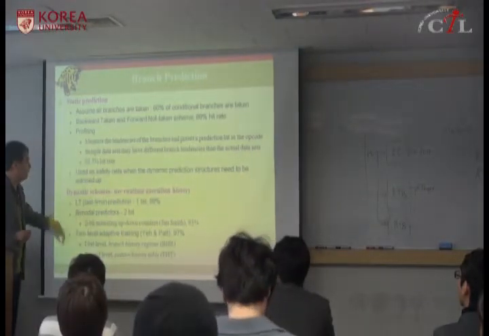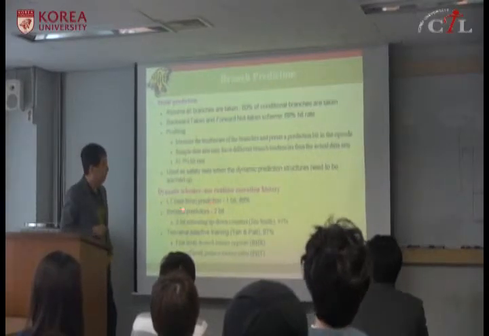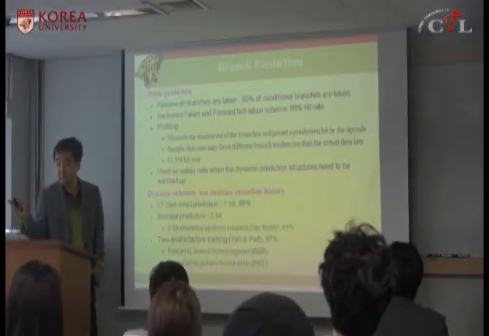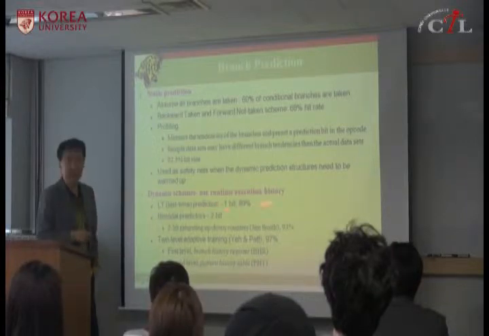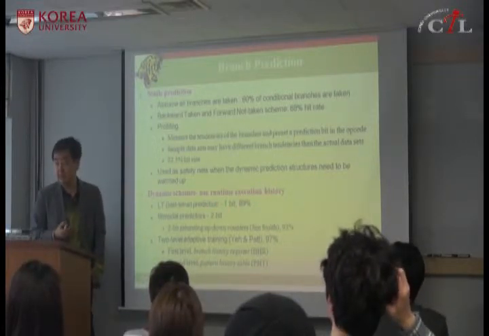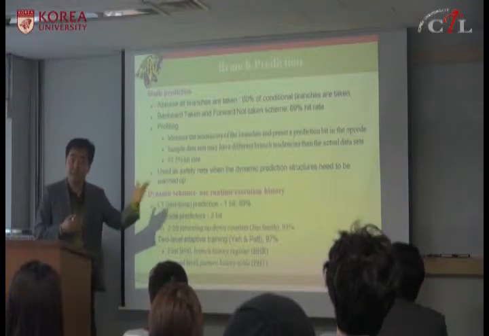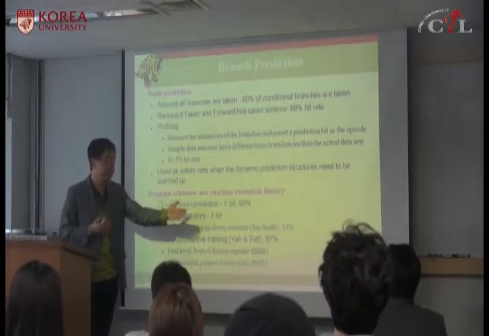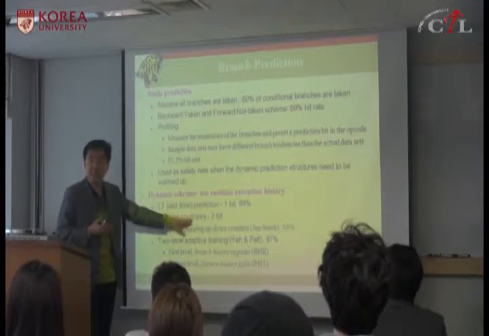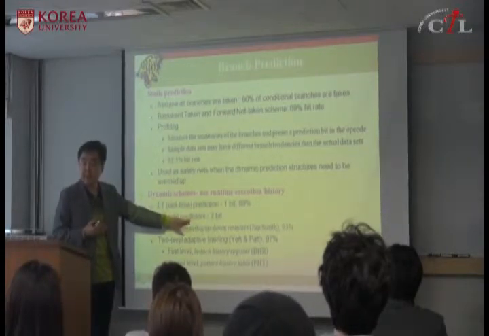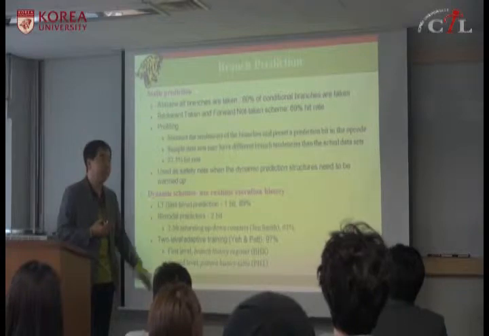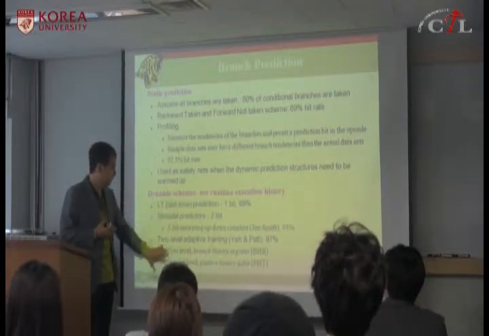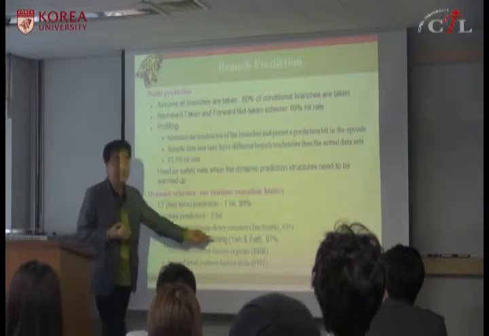Okay, let's look at hardware predictors. For BTB, if you use a single bit last time predictor, okay, last time taken, you predict taken, then it can give you about 89% accuracy, because branches usually are biased. If it was taken before, then it will be taken this time also. If you use a 2-bit counter instead of a single bit, you can improve this accuracy to 93%, and then the two-level adaptive training scheme. Okay,